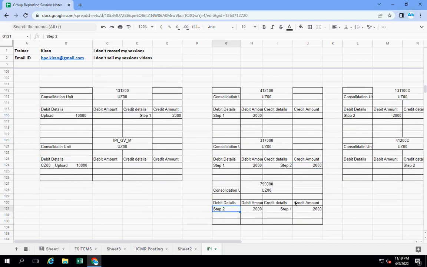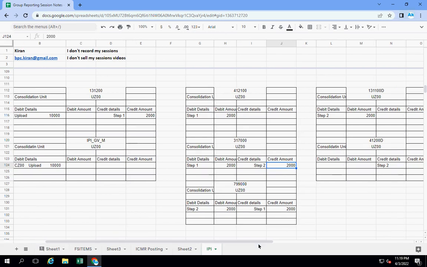So these two are nullified. One leg is posted to this 317000, and the other leg is posted to the clearing accounts, clearing account gross margin balance sheet and P&L. So here these two are there, 131100D and 41200D, and based on step 2, 2,000 is debited here,